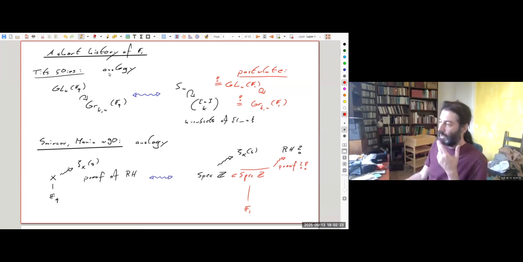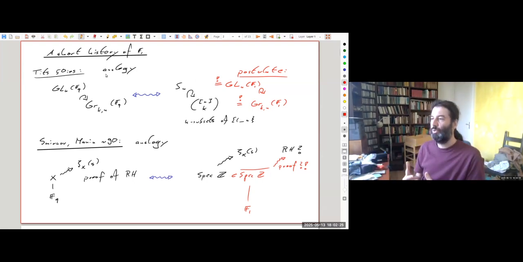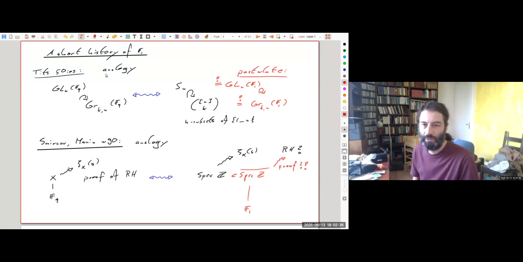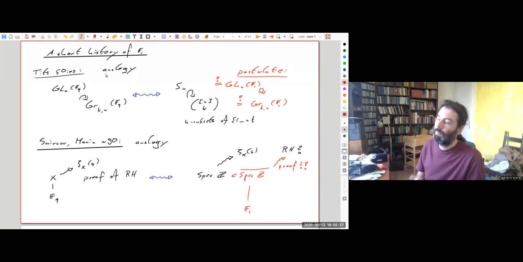The first person who advocated this idea of a field with one element, or a field of characteristic one as he said at the time, was Jacques Tits in the 1950s. There's one paper from 56 which contains these ideas, and he gave several talks, as I heard from colleagues at the time, like Pierre Cartier,